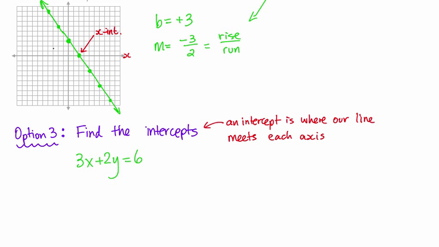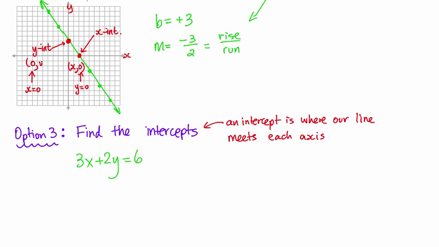I'll just put x-int. And where we meet the y-axis, that will become our y-intercept. And they have very specific coordinates. So if I just look at that point on the graph above, I move over some amount x, and then I don't go up or down. So you'll see that the y value is equal to 0. Whereas with this y-intercept, I don't move left or right at all, so my x value is equal to 0,